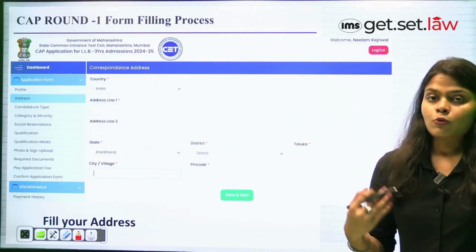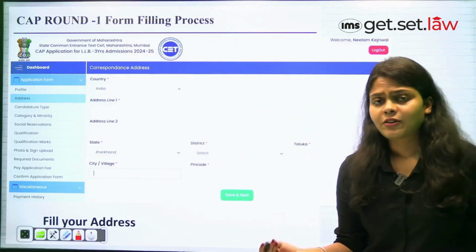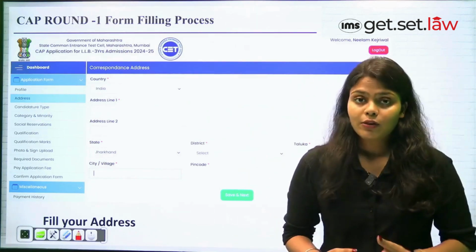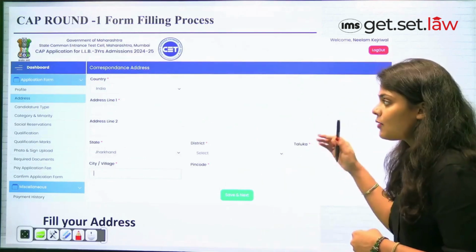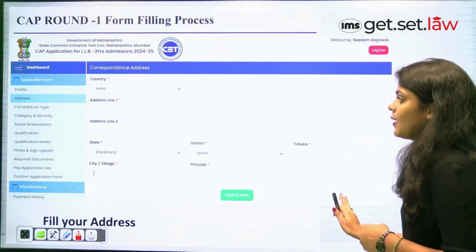Suppose you're not able to fill it in one go, then whenever you come back to fill it in, you can start from wherever you have left. So make sure that you save the information that you are filling in. Next,